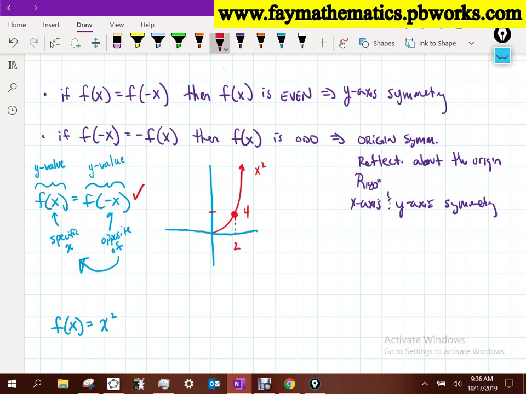And what that is saying is that when you take this x value and you now negate